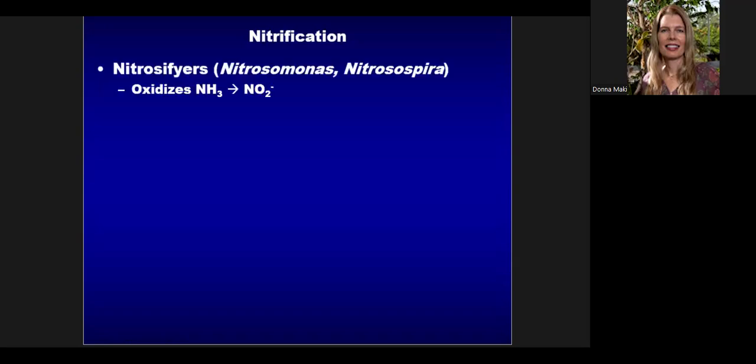So often with microbes living in the real world, if nitrate, NO3 minus, is going to get made, it's usually in a team effort. Usually what they see happening, especially in a lot of the soil environments that they've sampled for this kind of thing, is a team effort. So for example, the nitrosifiers, I've just given you a couple of genera names here. But basically nitrosifiers, what that means is they strip electrons off ammonia and you end up with nitrite. NO2 minus is nitrite. And then there's some other nearby microbes that go, hey, yeah, I'll take the nitrite and